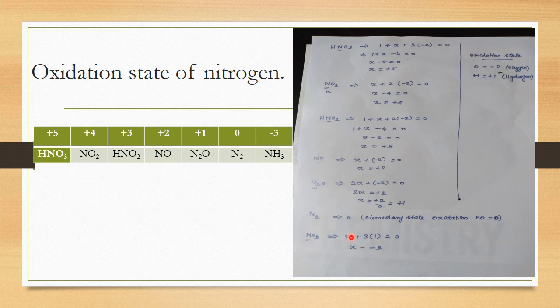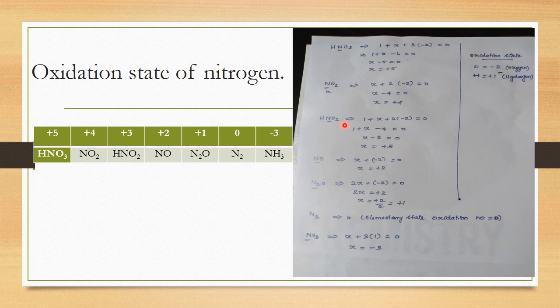But the other byproducts, after it acts as an oxidizing agent, it loses its oxygen and gets converted into byproducts like NO2, HNO2, NO, N2O, N2 and NH3. Let's see what their oxidation numbers are. It's given already, but let's calculate. NO2, N can be considered to be X. So X plus 2 oxygen atoms, 2 into -2, equal to 0, X minus 4 equal to 0, X is equal to +4. So NO2, nitrogen dioxide, its oxidation number is +4.